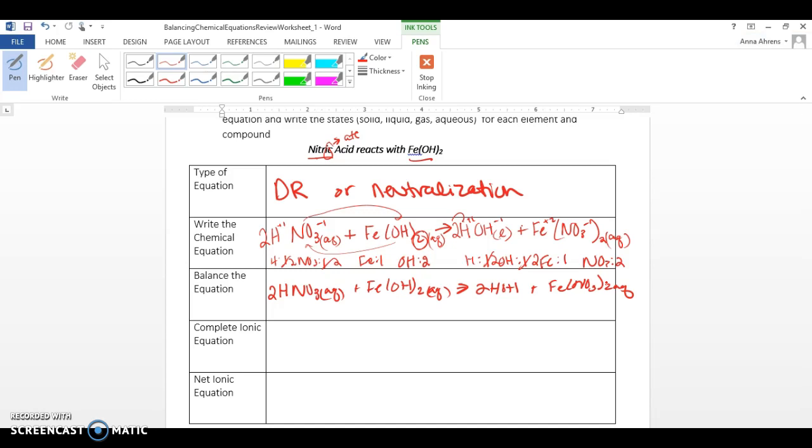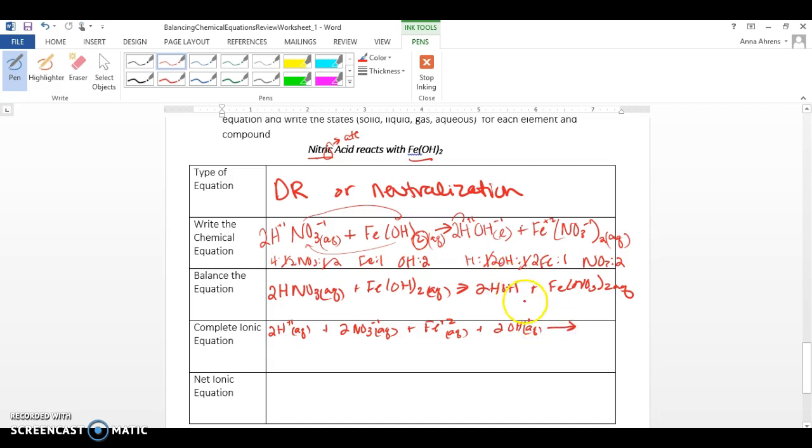That's when we're going to separate it and make sure that we include our coefficients, our charge, and our states of matter. So we're going to do 2 hydrogens with a +1 charge, and that's aqueous, plus 2 nitrates, the -1 charge, and that's aqueous, plus Fe +2 charge, and that's aqueous, plus 2 OHs, -1 charge, and that's aqueous,